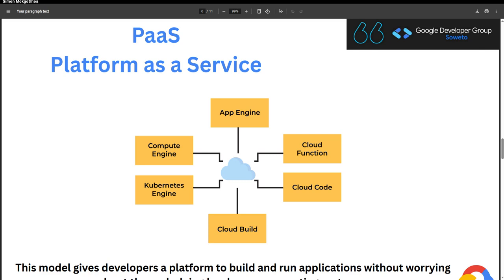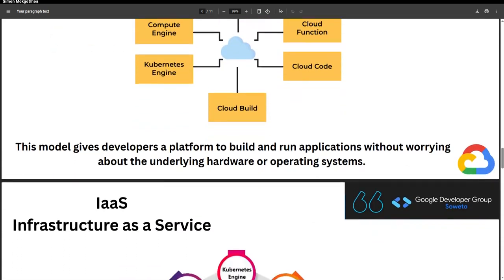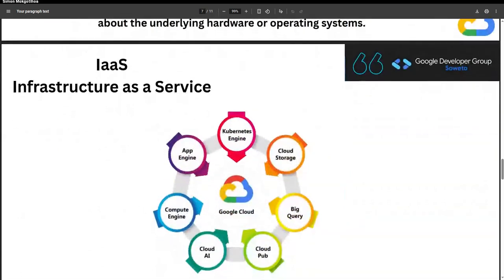I think one of the best things about platform as a service is the idea that there's baked in security into it. So essentially, you don't even have to worry about very hectic implementations for security as well. So that's essentially platform as a service.